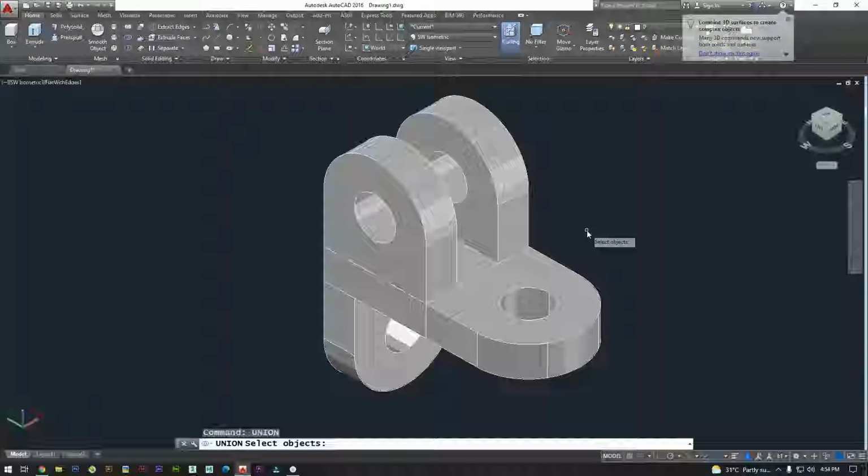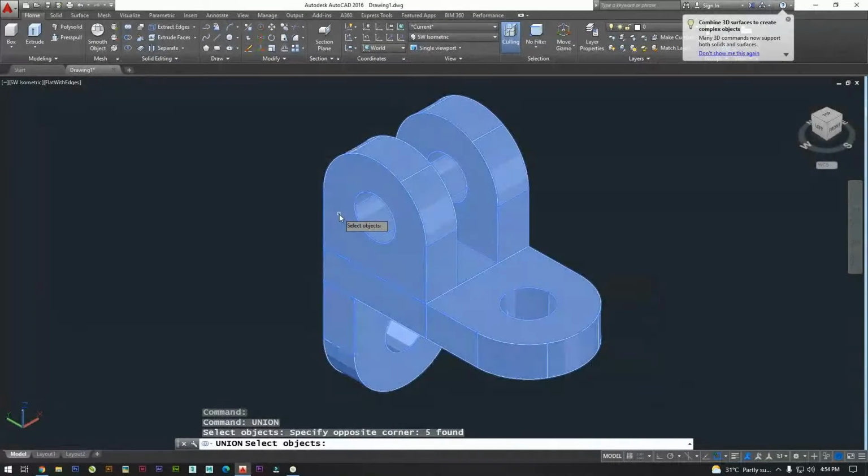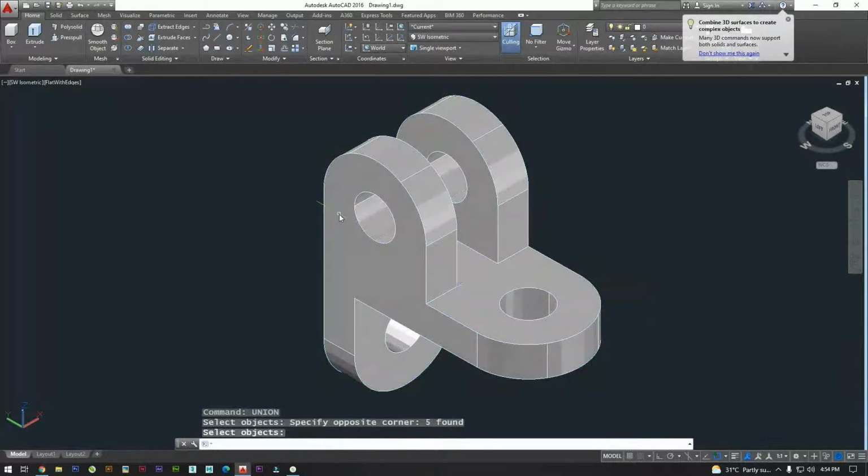Select everything. But what is the command for combining everything in 2D? In 3D it is union. In 2D? Region. Yeah. See here we have two commands.